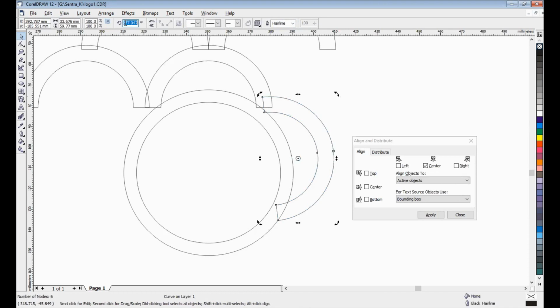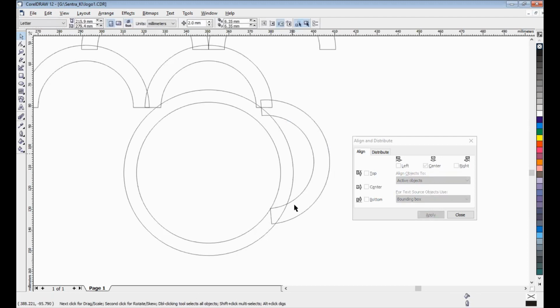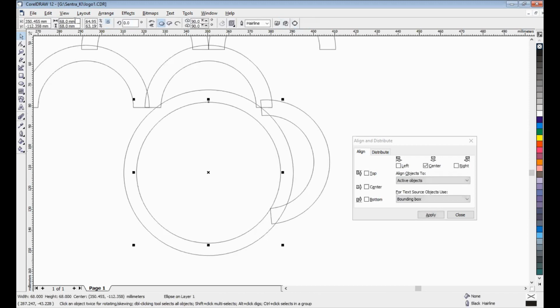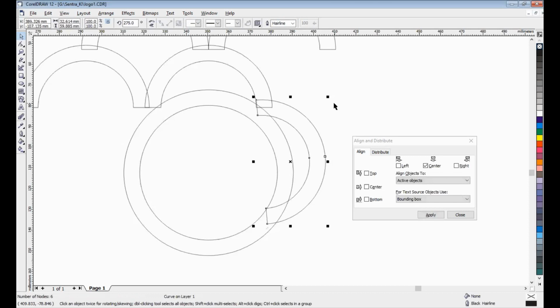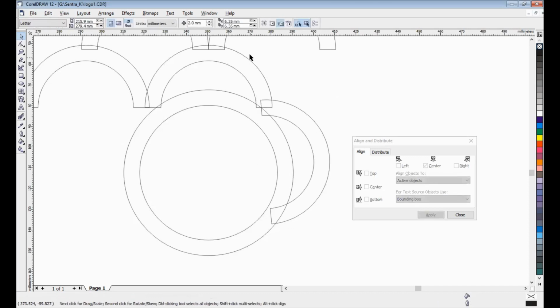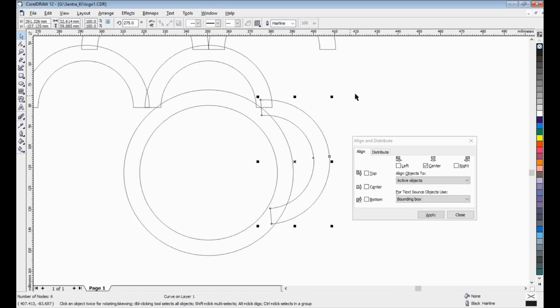It's 275, I think. 275. Wait. Okay. 65. Okay, good. A bit here. Oh, sorry. Maybe 1 millimeter. This. Okay, that's it.